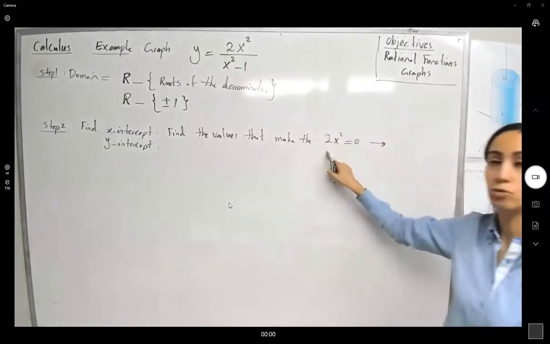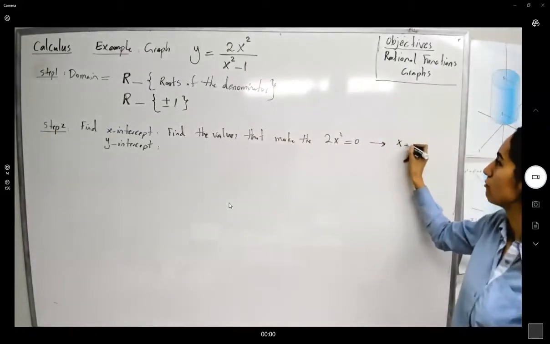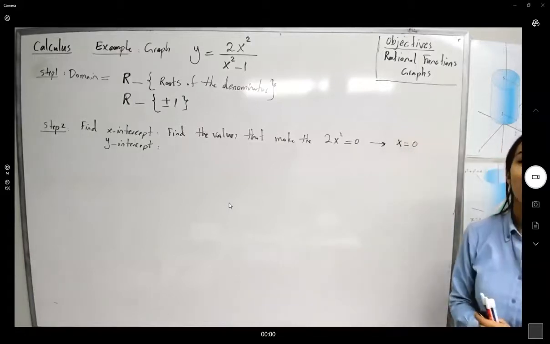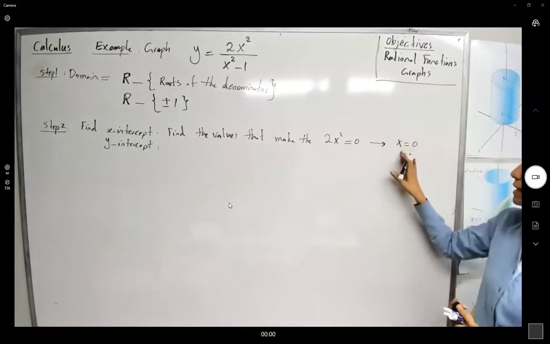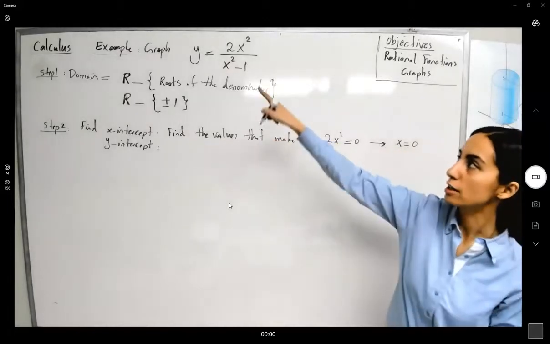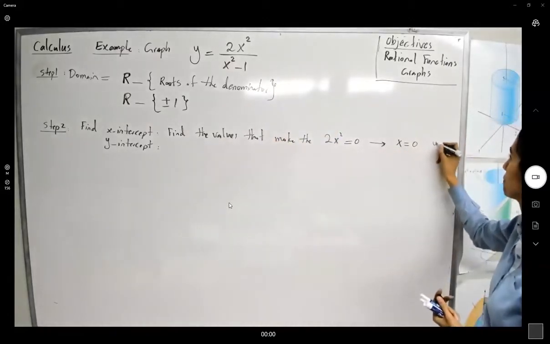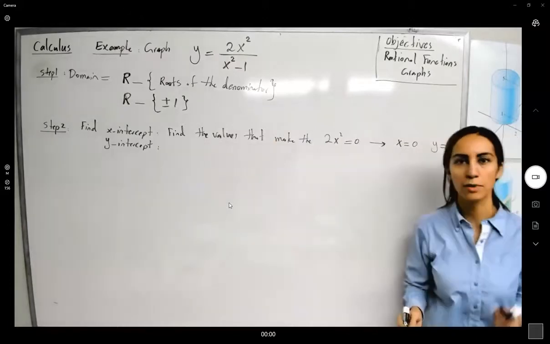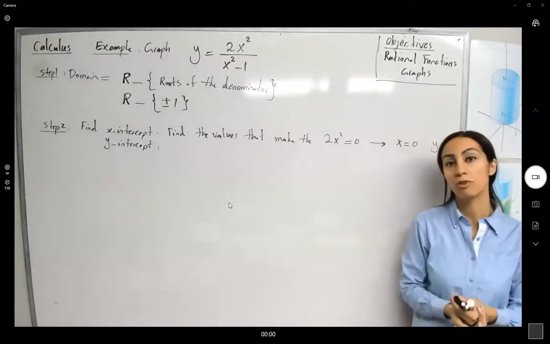So by solving the numerator equal to 0, you only have one x value. x is equal to 0. When x is 0, your y is going to be 0. This is your x-intercept. At the origin, the graph hits